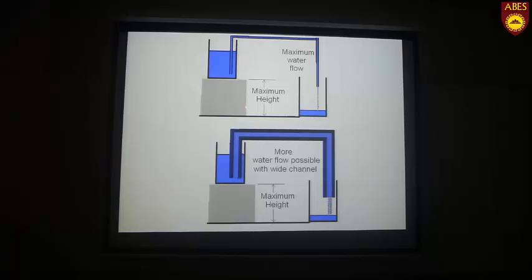So that means there are two factors which are controlling the flow of water. One is the height, because when we are increasing it, the flow of water is increasing, but when it reaches the maximum capacity of this pipe, then flow of water is maximum. Further it will not increase by increasing the height. But another factor is what? If we increase the width of the pipe, if we take a bigger pipe, then more water can flow at the same moment with the same height.